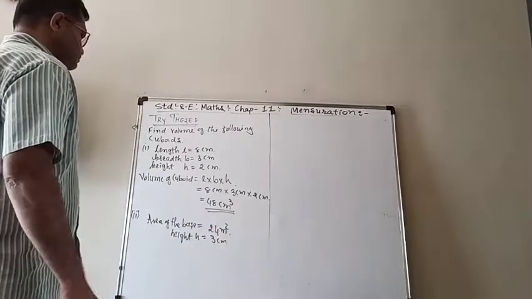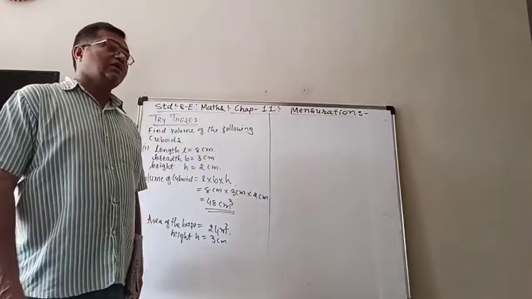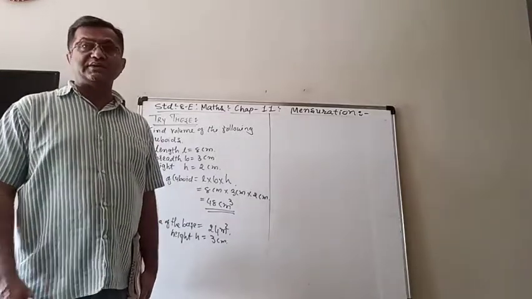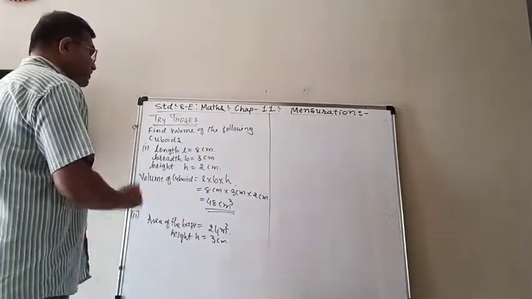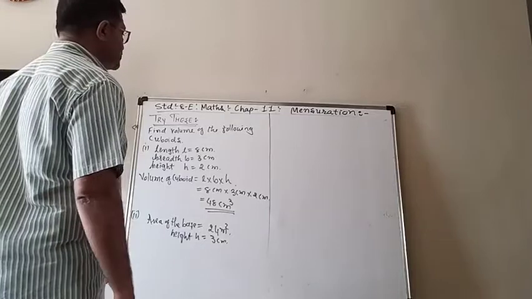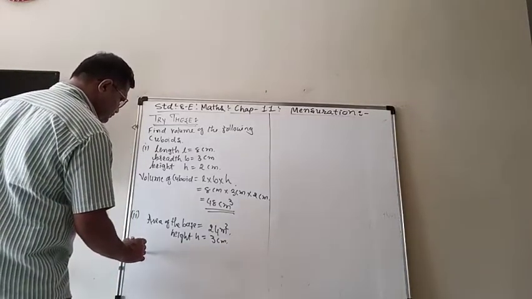Now here you know that area of the base is L multiplied by B and then multiplied by H. So we get another formula also that you have to remember, that volume of